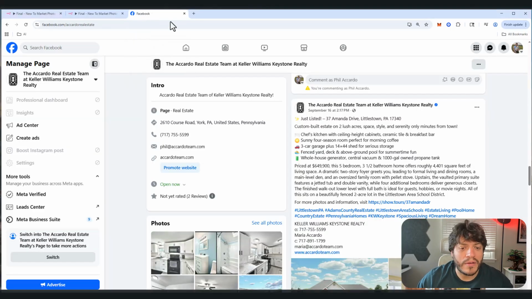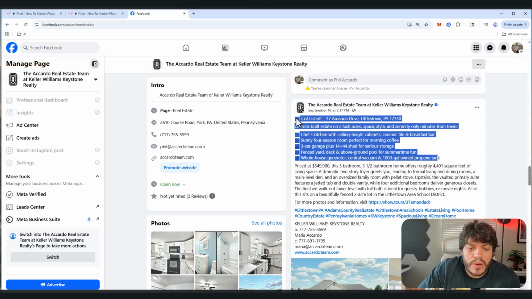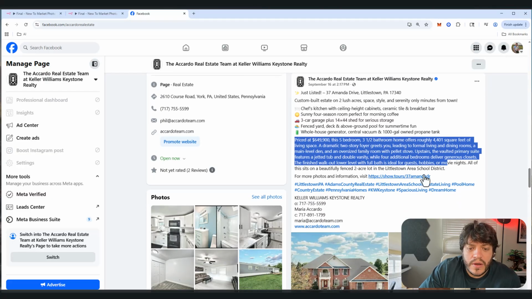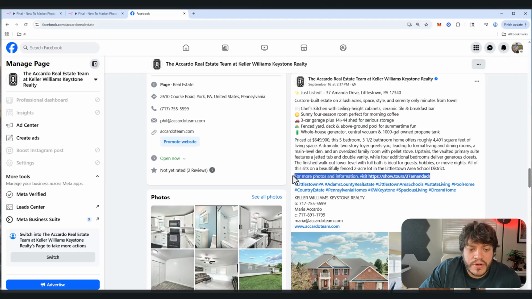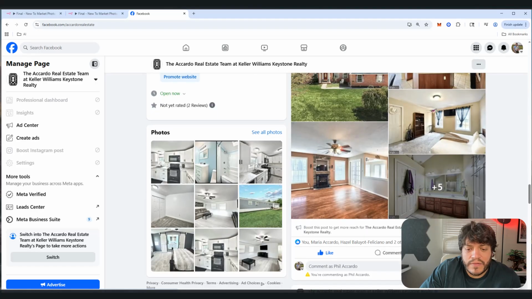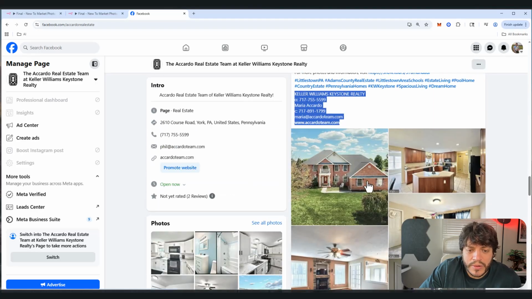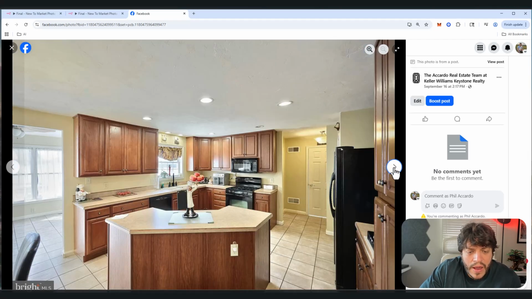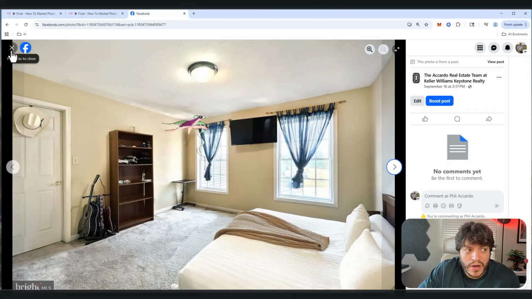This is again on my live business page, but I use this exact workflow to build this social media post. It created the copy, okay, with the address, a little brief description, some features, a deeper description. We have the picture link, we have hashtags, and we have the broker compliance, plus 10 photos here that this sorted through. Okay, and it posted all this from just entering a Zillow link, and it's actually a two-step